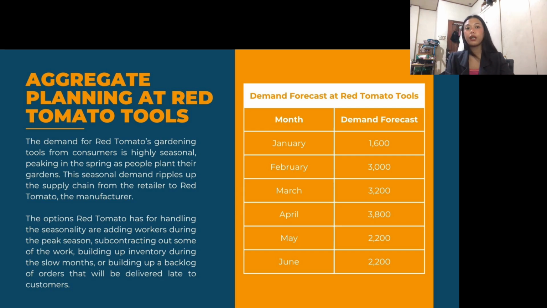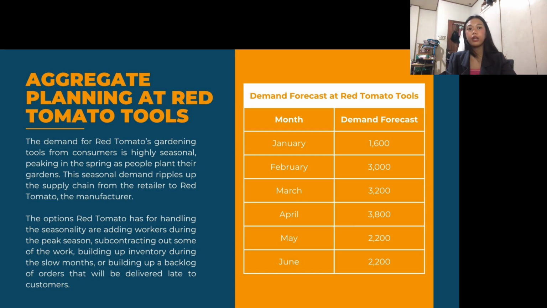So the company forecast shows a surge from 1,600 in January, February 3,000, March 3,200, April 3,800, May 2,200, and in June again 2,200. So the core problem for any management is how they can meet this fluctuating demand or fluctuating peaks without spending a large fortune. So to handle this